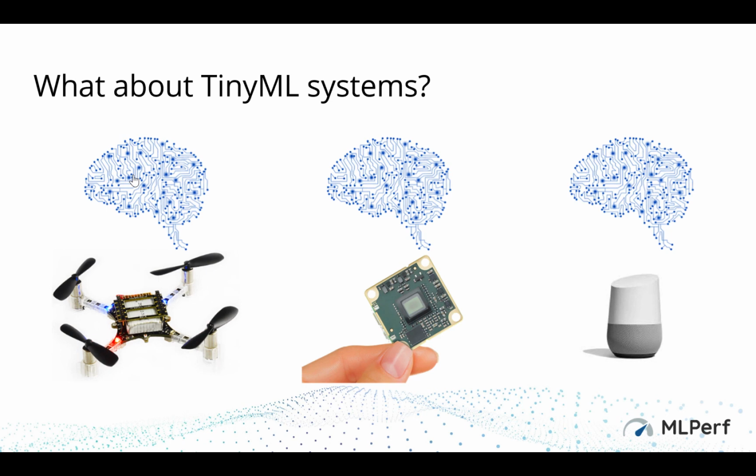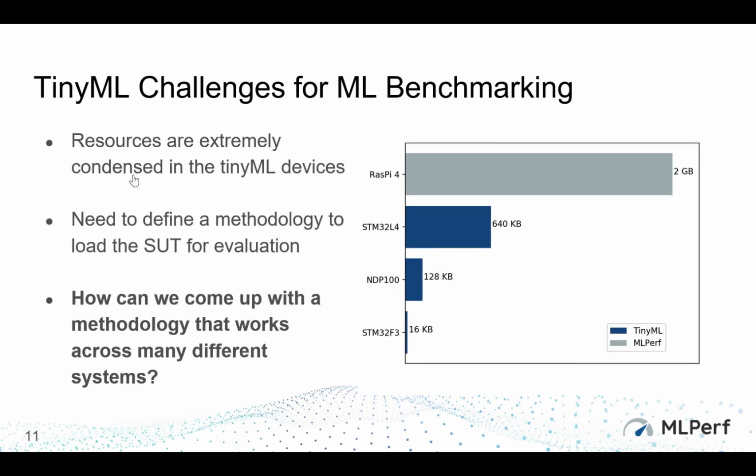Now, what's interesting about this space? You all know this space far better than we do. But the basic issue, as compared to very traditional systems, is that they're extremely resource constrained. The reason I showed you the performance chart on the previous plot was because the smallest system that we got in MLPerf Inference is a Raspberry Pi. That's the smallest one we had. If you look at the RAM on a Raspberry Pi, that's about 2 gigabytes, whereas the rest of the microcontroller space is on the order of a few hundred kilobytes.